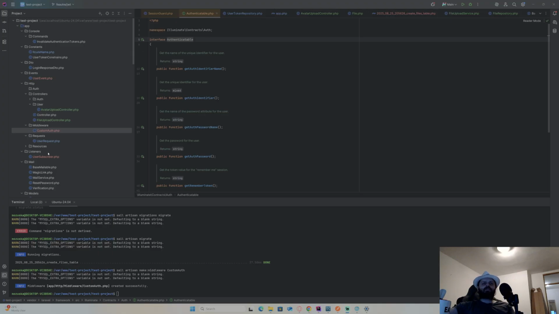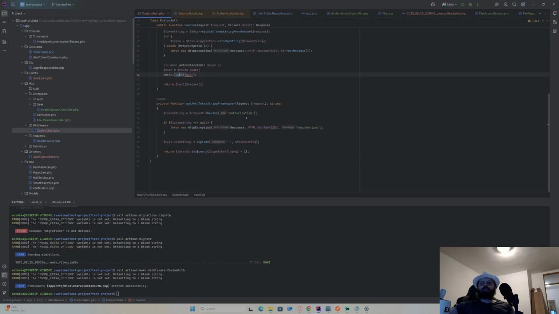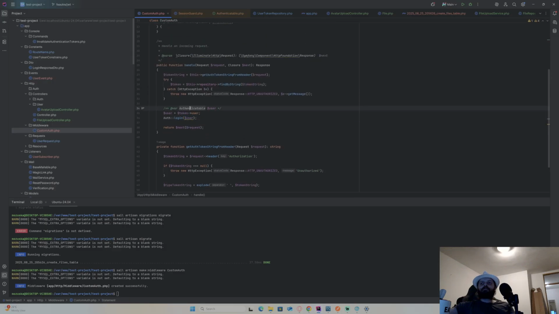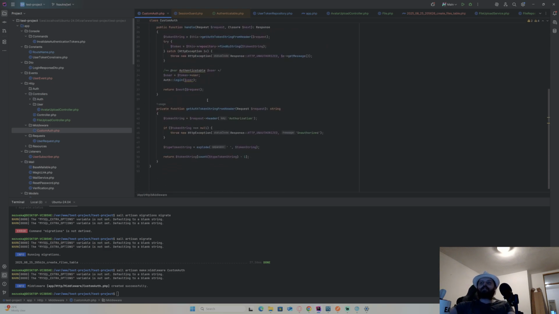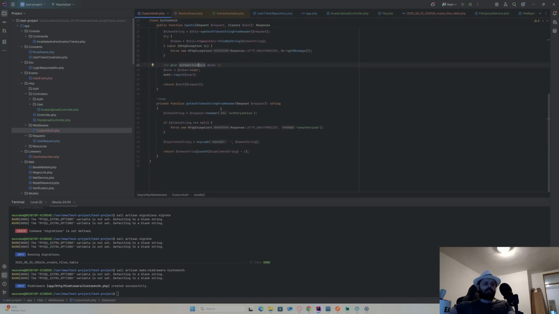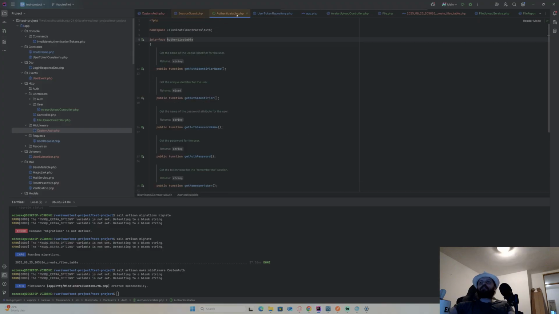Okay, let me just check. Contract auth. Which one did I use here? Illuminate auth authenticable. Okay, the wrong one, I guess. Input class, Illuminate contracts auth authenticable. Now it's fine. Basically it will be this. Let me just check. It should be this.